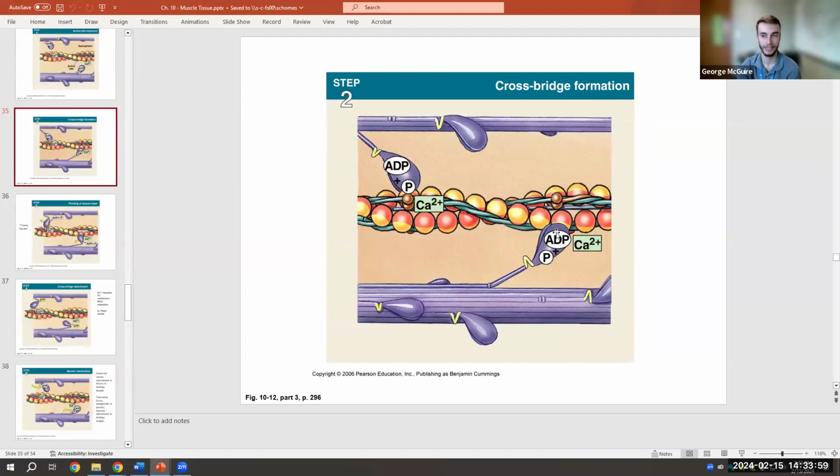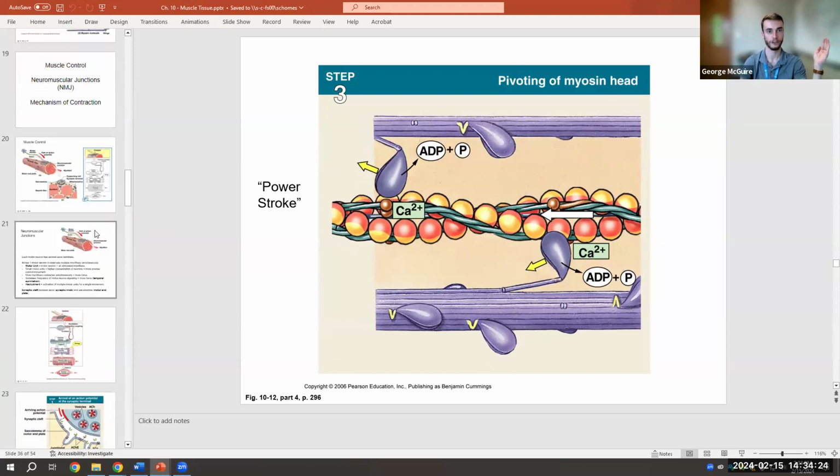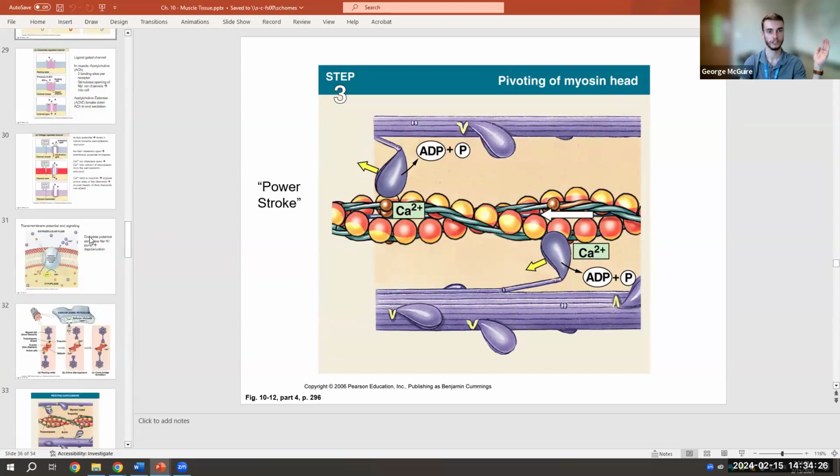So now that it's able to make this bond, it is going to release this ADP and free phosphate molecule that it's holding onto, which is going to cause the myosin to change shape, doing that power stroke. It's called a power stroke, causing the head to bend on the hinge, which pulls all of those thin filaments towards the center. So we basically have myosin heads facing different directions on each side of our myofibrils and the